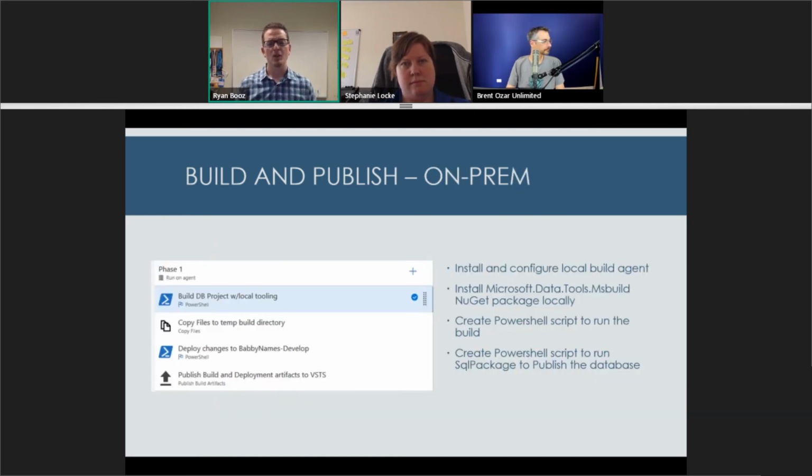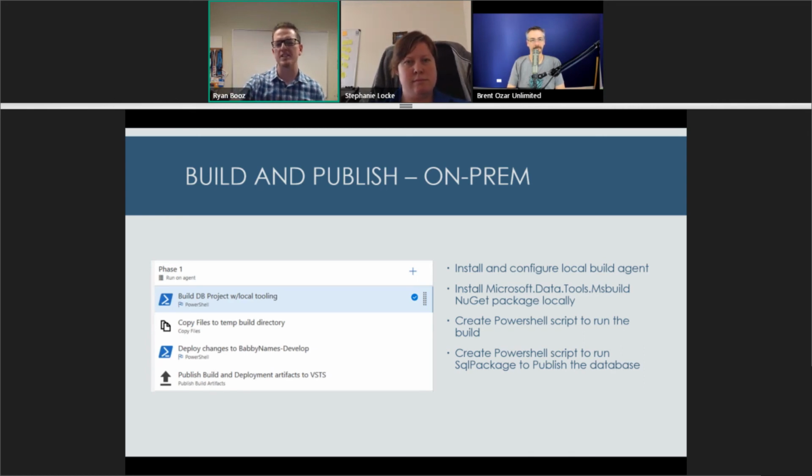For us, locally, again, it doesn't matter what the build control is. I don't want to install Visual Studio and SSDT on every single build machine. That's hard to maintain. That's just silly. And so they've created a way to do this. What you need to do is make sure that you have the local agent. So in this case, I installed a local VSTS agent that will allow me to run my builds. Within your project, you install this NuGet package. All right. So once this NuGet package is accessible, you can then reference it with scripts within your package. So now you're in control.